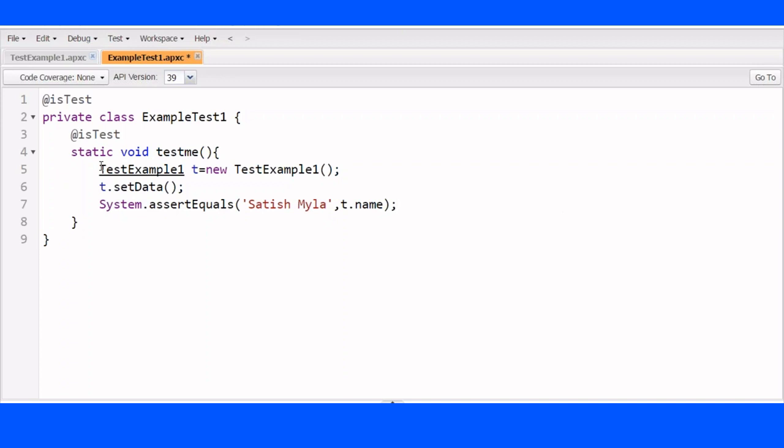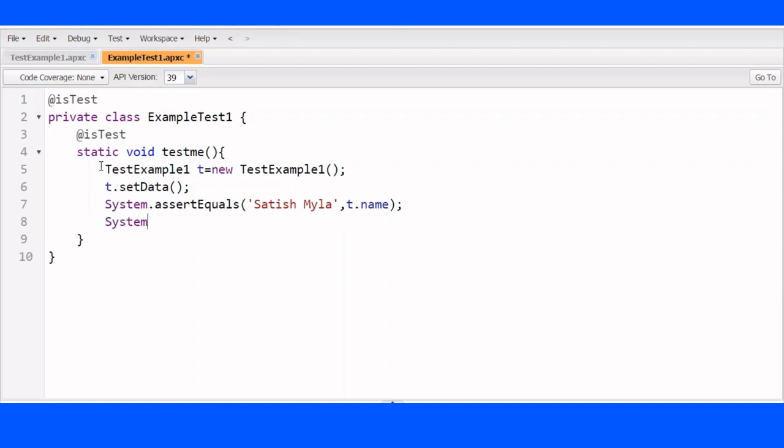Now, when you call this method, we are expecting Satish Mela for t dot name. We are expecting Satish Mela, but what is the actual value we got? T dot name. Let us check. If both of them are same, assert equals will be true. Then what is the other value we are expecting? System dot